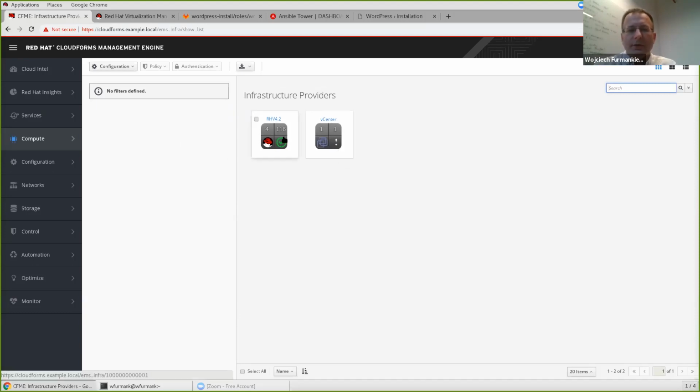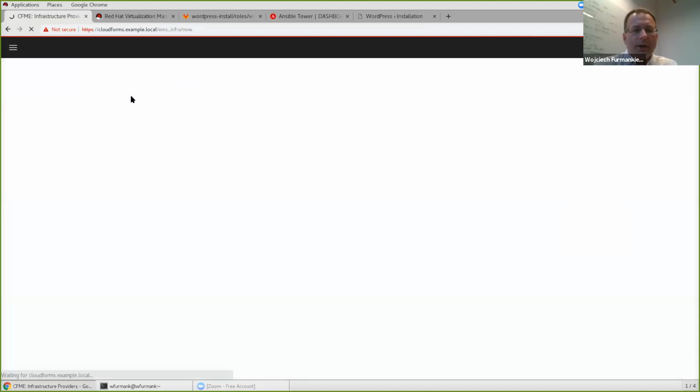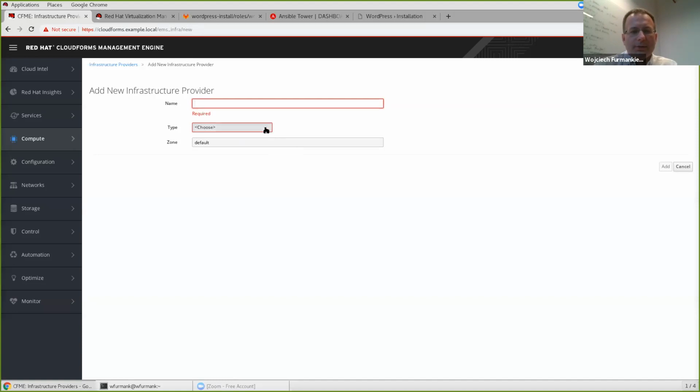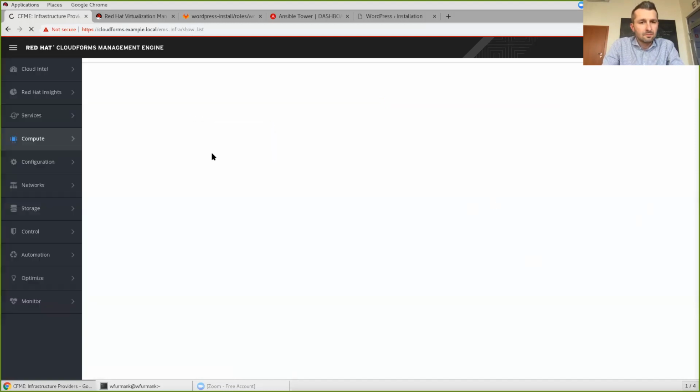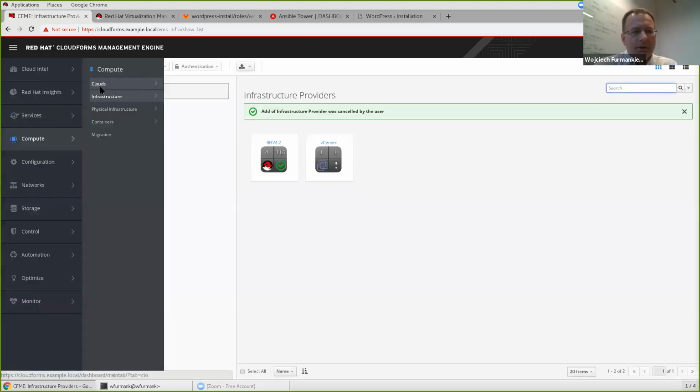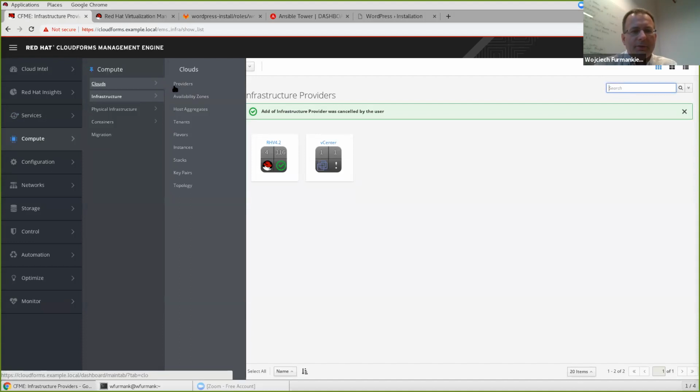We have vCenter here and RHV, but when we click and try to add a new one, we can see that we also have a Hyper-V option. When we go to the cloud menu, cloud has separate menus because it uses different naming.